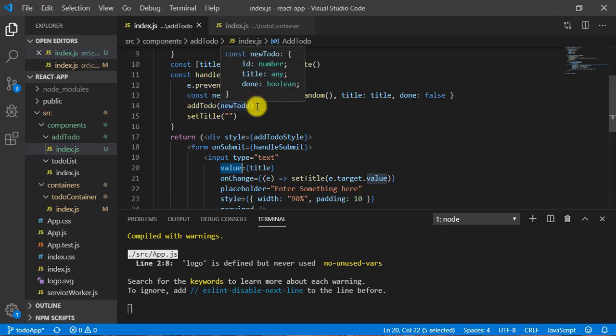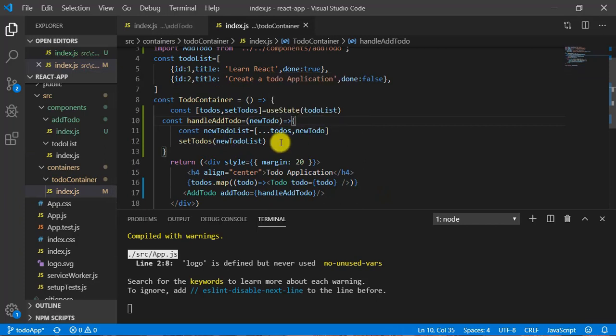So addTodo, and I am passing the new todo as a props here. As you can see here I have this function handleAddTodo, and here I am spreading the old value, okay, and I am adding the new one as well. And once again I will store into a variable, and finally I am assigning this newTodoList to the setTodo, okay, and it will re-render once again, okay guys.